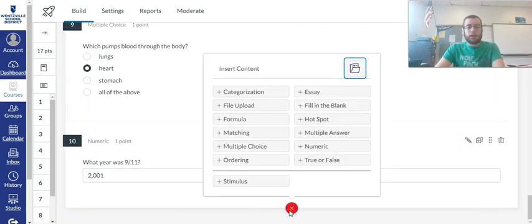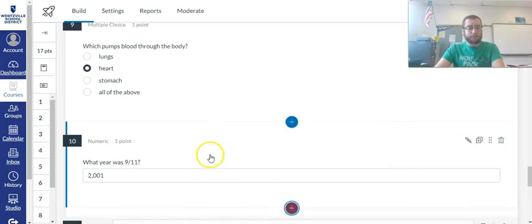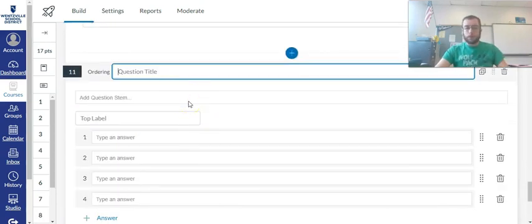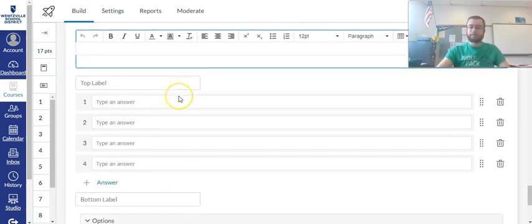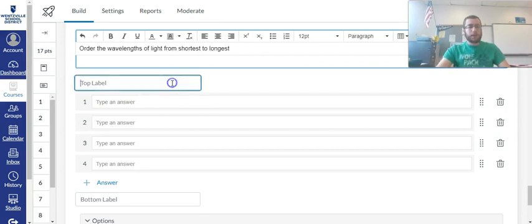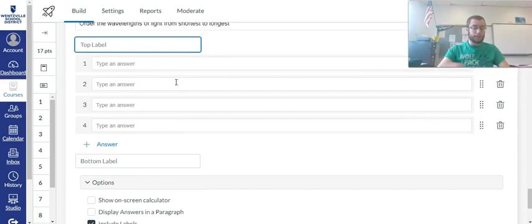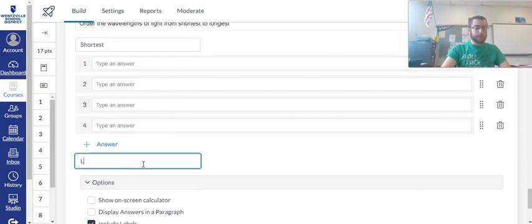Next up is ordering. So this is ordering from greatest to least, biggest to smallest, however you want to have it labeled. So: label or order the wavelengths of light from shortest to longest. It lets you actually put in the labels there so that students don't accidentally do it in reverse. So I can have the shortest up here, the longest down here,